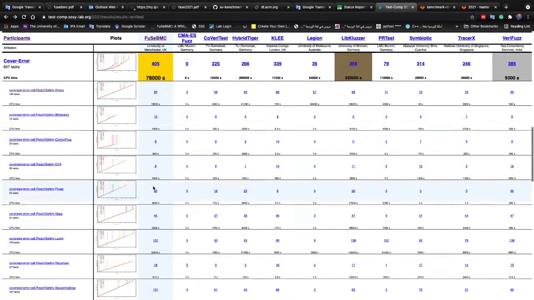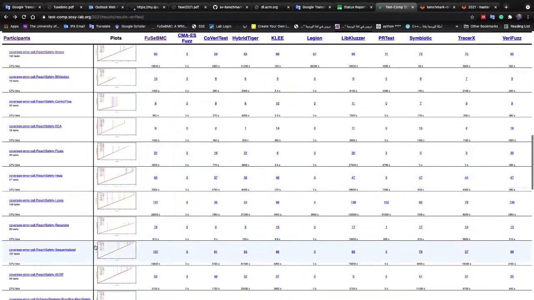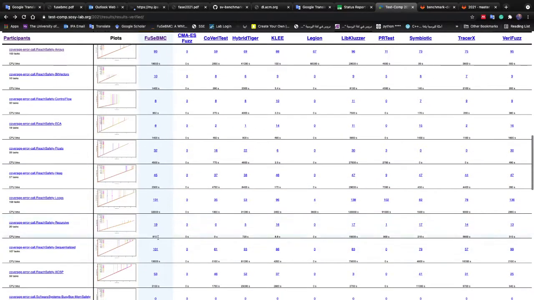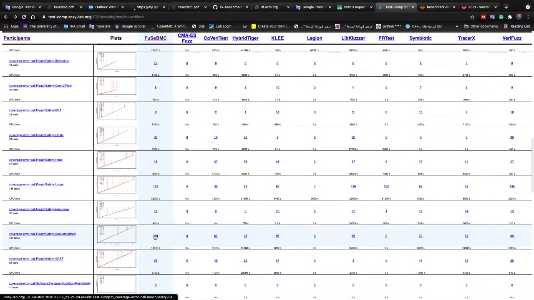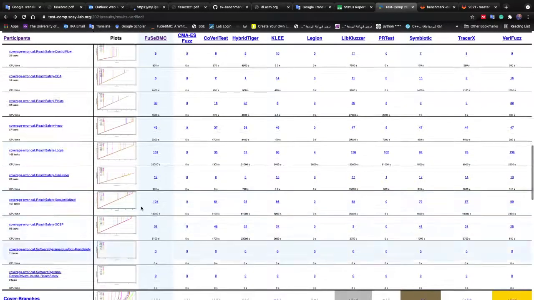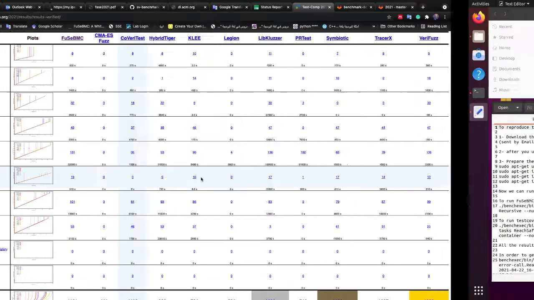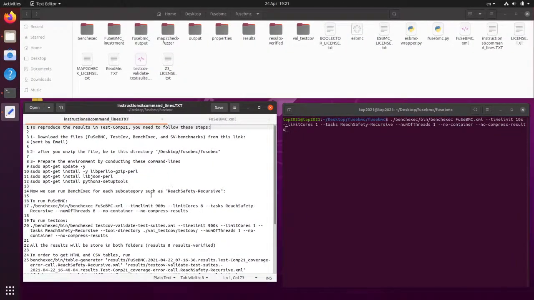this result. So I recommend to go with recursive because it's one of the light subcategories, so you can reproduce the result here, and also you can pick another. Just in terms of saving time, I recommend to go with recursive here. Once you do the experiment on recursive, let me just take you back here to the file that has a structure,